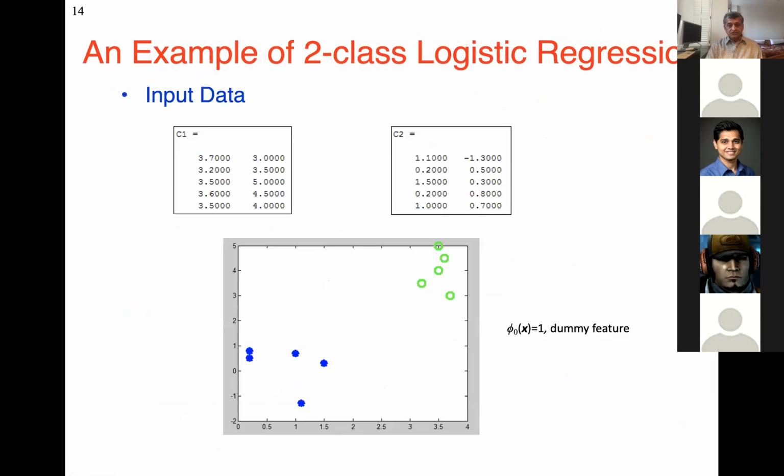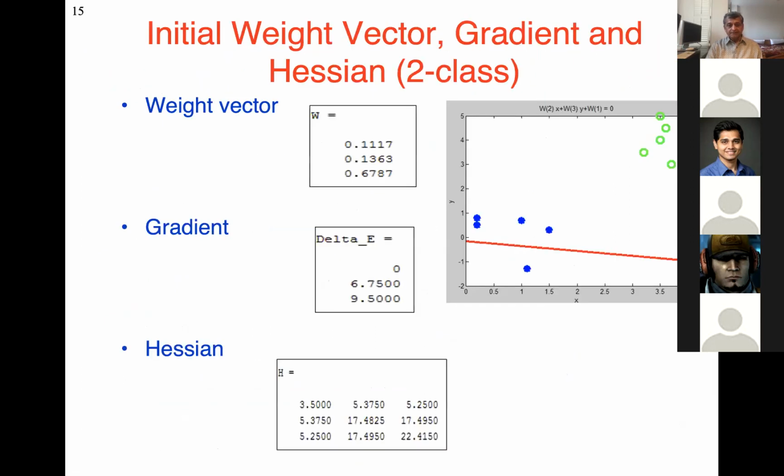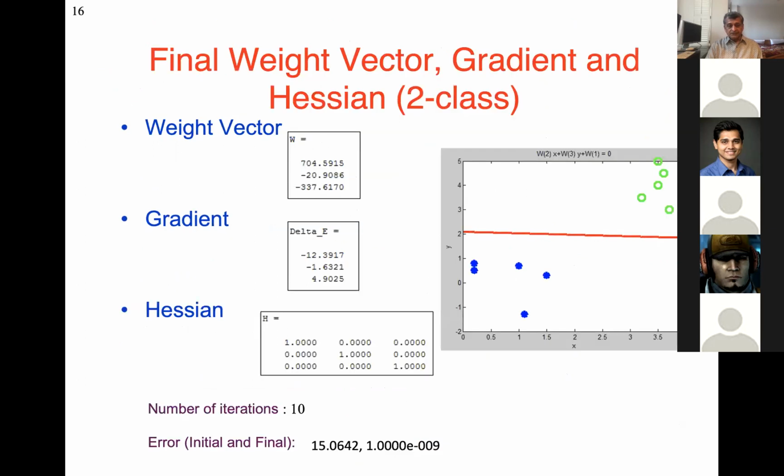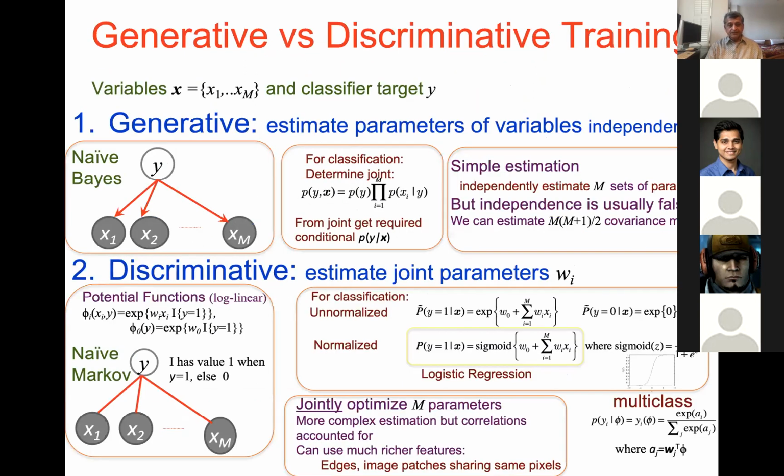Example of two-class logistic regression: input data and initial weight. It is also talking about the second derivative here called the Hessian for the two-class case. The second derivative solution is a different solution, which we haven't gone over yet. So anyway, here is